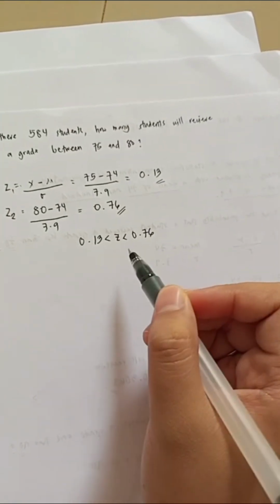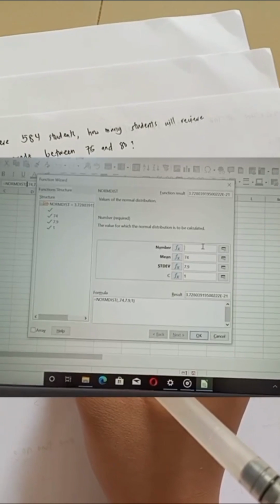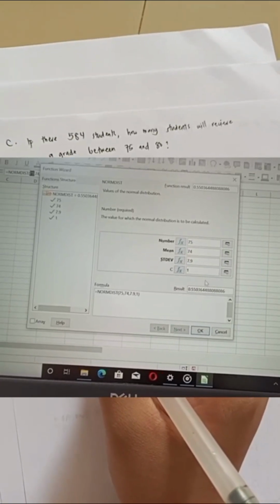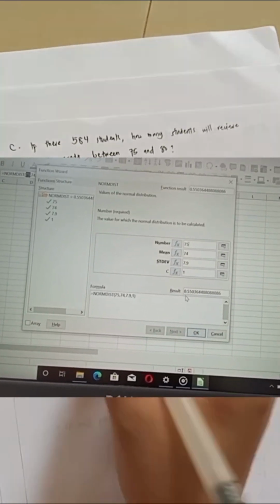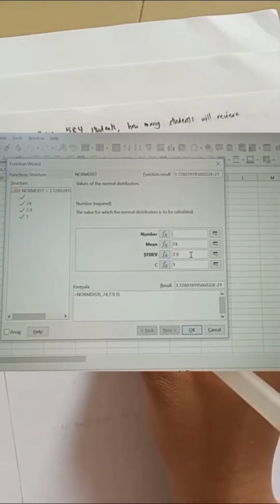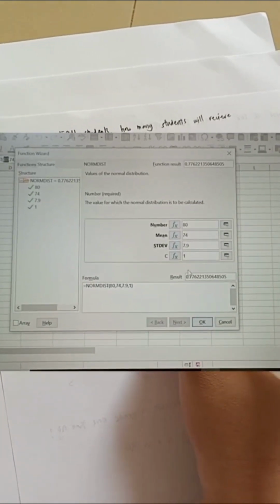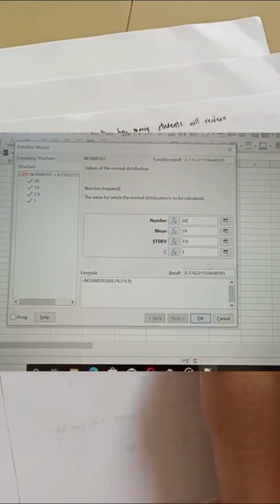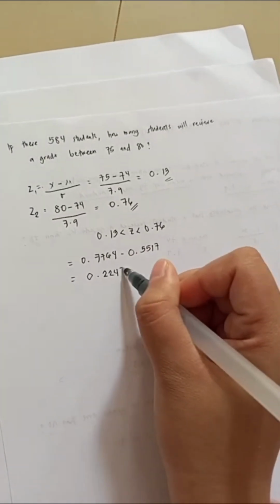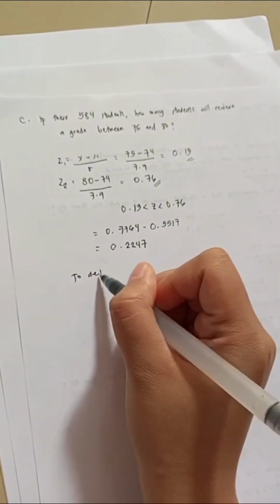So by getting the probability, we will use Excel again. So as we did later, isa-substitute natin ng X sa 75. And magiging result is 0.5517. And the Z sub 2 is i-replace natin ang X sa 80. And the result is 0.7764. So after getting the result of the two z-score, isa-subtract natin siya. And the result is